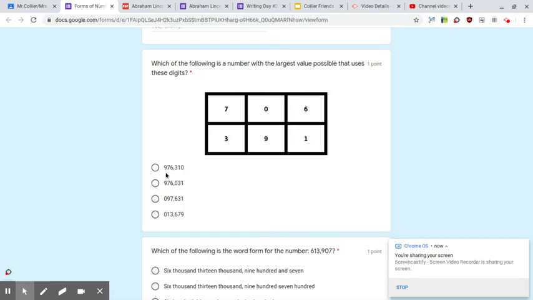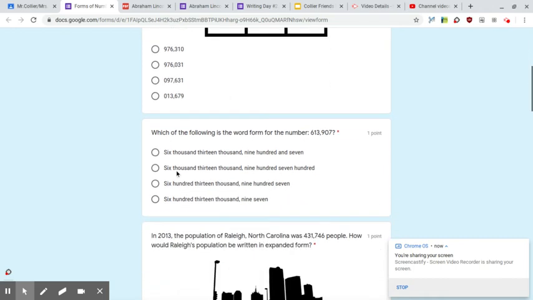So you're going to look at each place, hundreds, thousands, 10,000s, thousands, and hundreds, and make sure just that the biggest number possible is there. Word form. So I'm going to read this standard form in word form. So the words you hear are the words you would pick for word form. So I would read this number